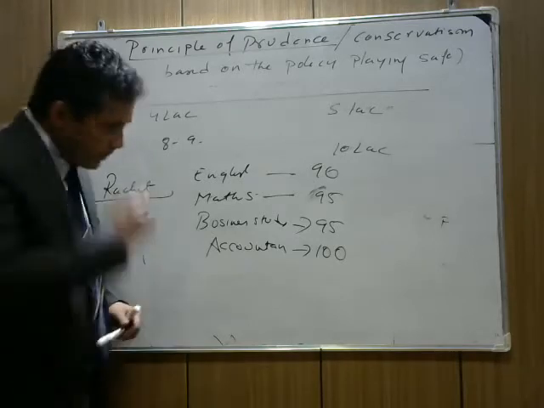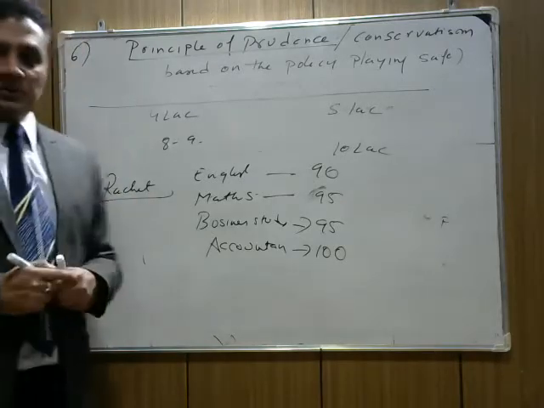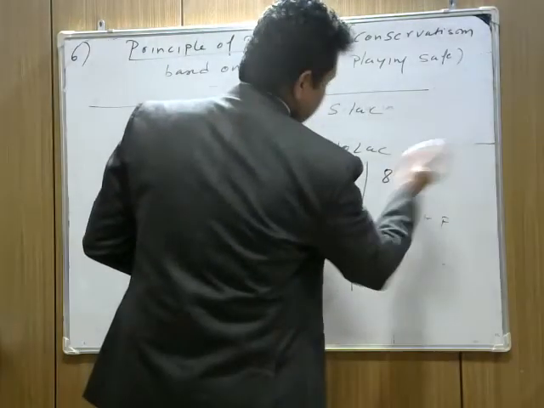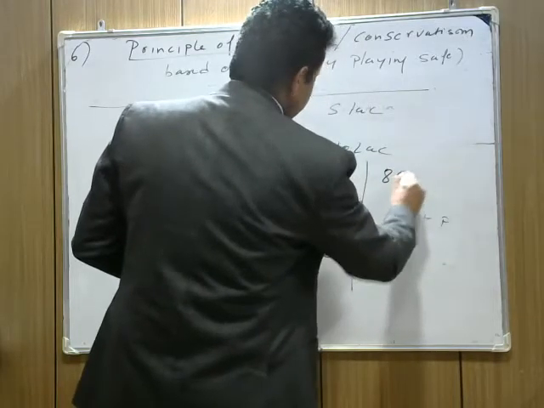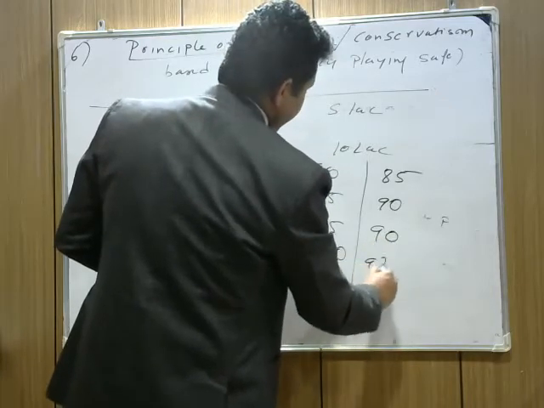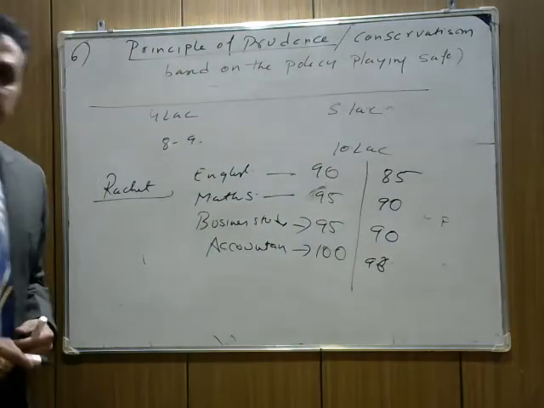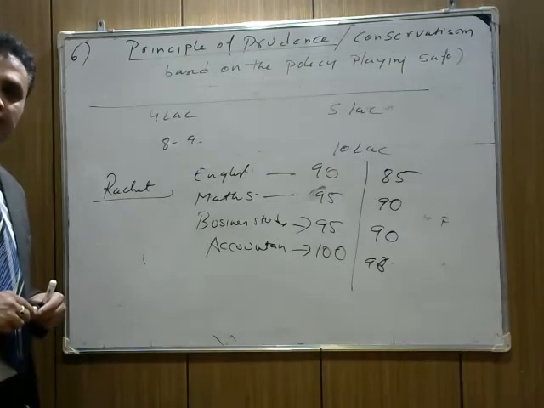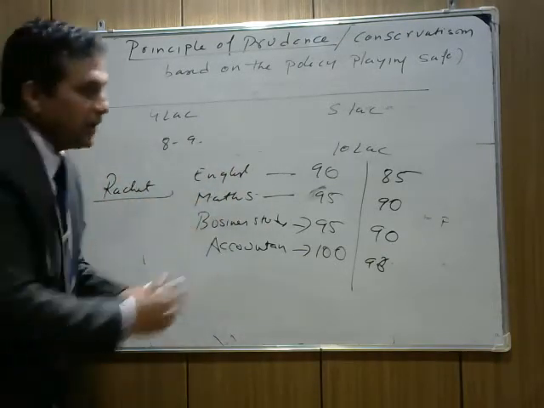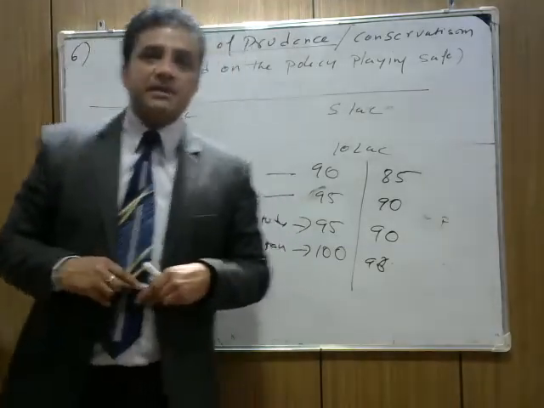And his father asks, "Bhai, show me your result." He says, "Father, my result will be declared after 1 month." Or the father says, "How much can you get? How much will you get in English?" So before that, he is playing safe, so that he doesn't have to face embarrassment later, in case he has done something wrong. He says, I can secure 85 in English, right now 90 in maths, 90 in business studies, and about 96, 97 in accountancy. Now he's playing safe.